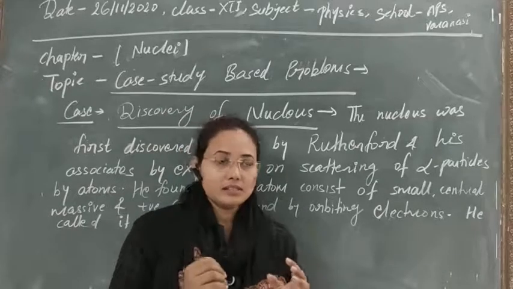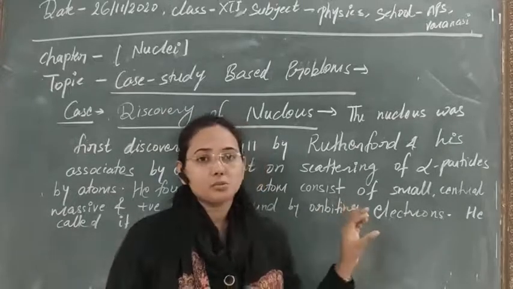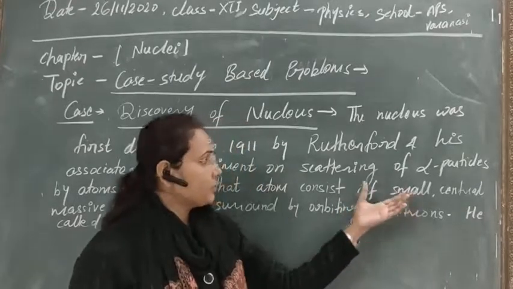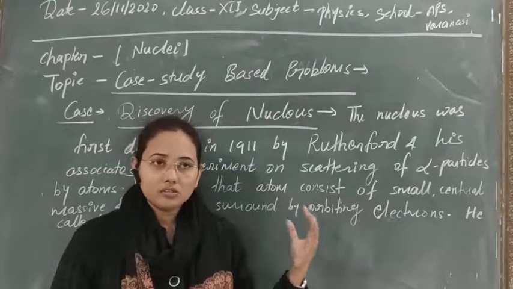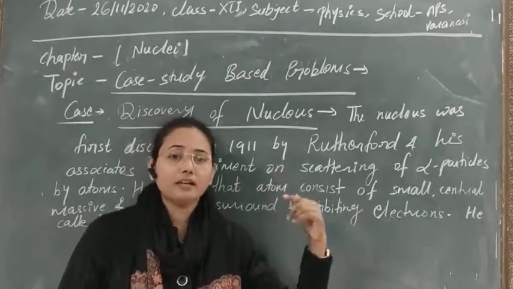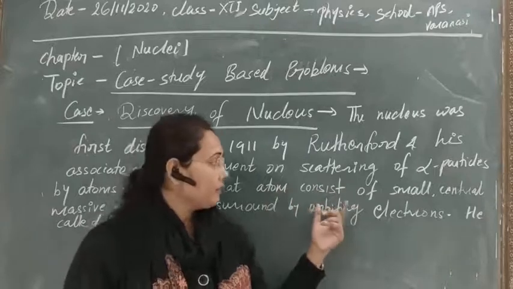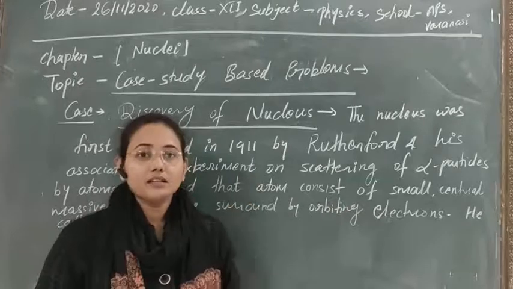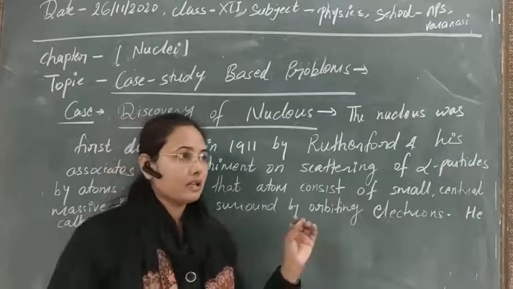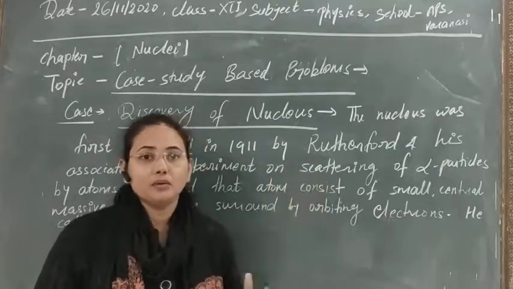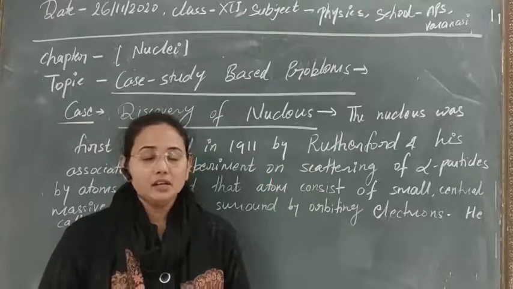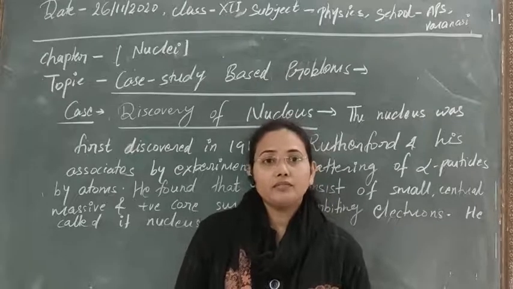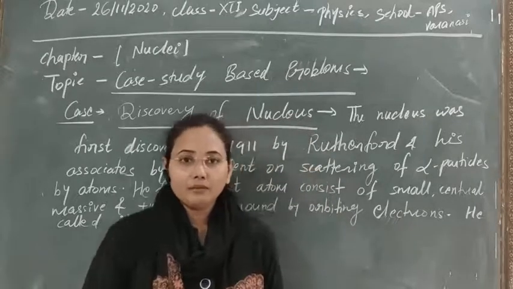So the idea is that in a tiny, small space there are electrons and protons, and that's why the nucleus is positively charged. And electrons are orbiting around it in circular orbits, and when electrons transit from higher to lower states, they radiate energy. So he was first trying to explain the spectroscopic behavior of atoms with the help of his model.